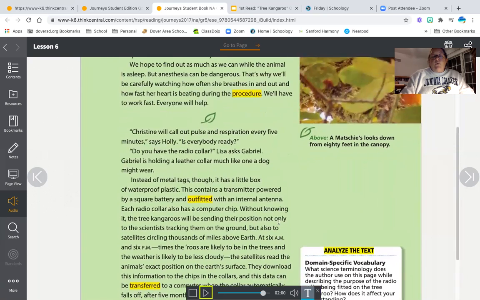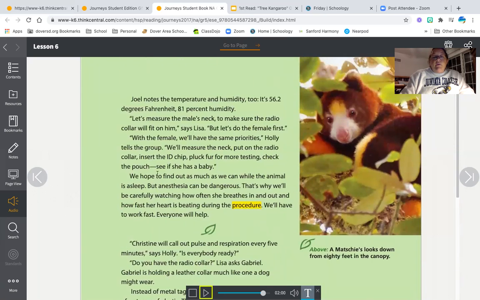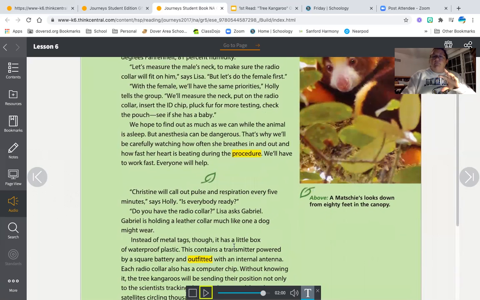So when we were reading up here, I noticed that it talked about the animal being asleep. And I remember from a previous page, it talked about having medicine ready to give to them to make them go to sleep. So they could do all of these different things with them without them fighting and being scared. So I'm going to put 2 and 2 together, and that medicine, which is called anesthesia,